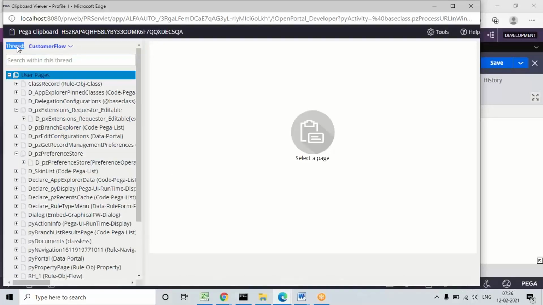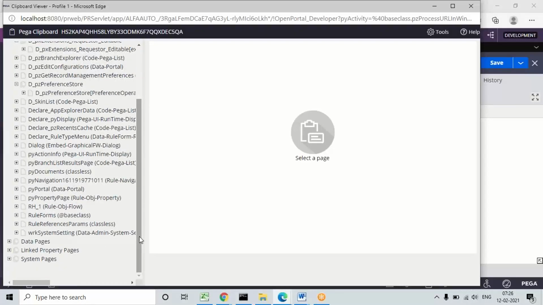If in the thread option you see the number, then only the pwork page and the information we can check. It will only show the flow name, but if any thread number is there, then only you'll be getting the pwork page, and then only we can see any data submitted in the current transaction. We cannot check once the transaction is closed. That ID is closed means we cannot see the data in the clipboard.